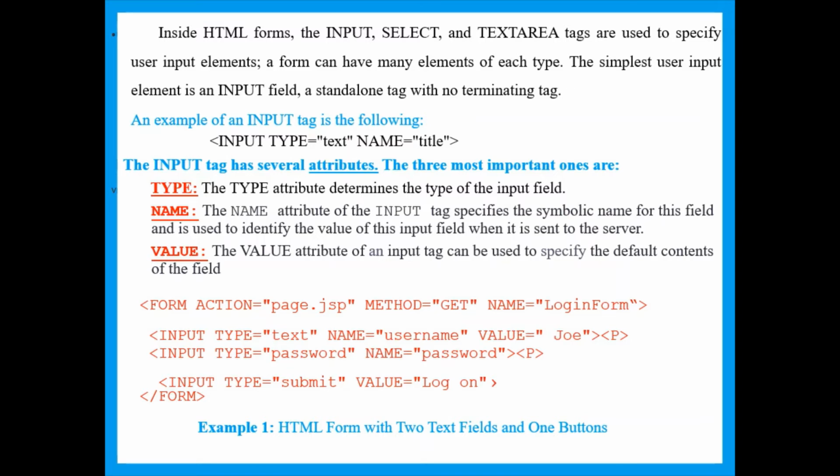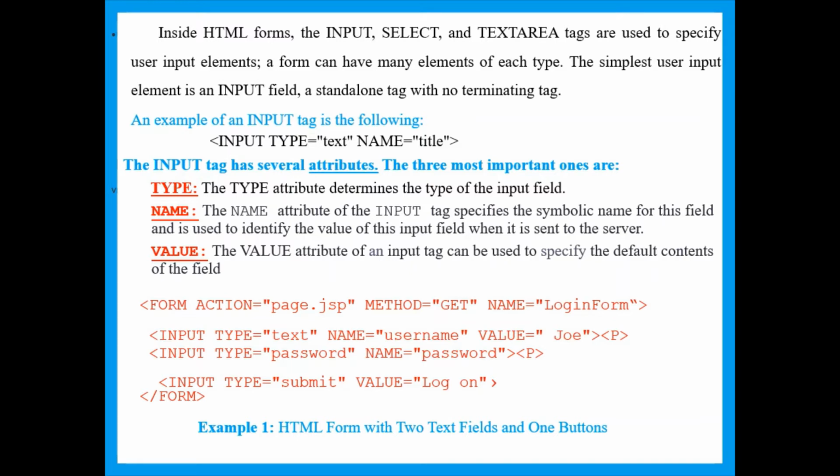In the form tag, under action, we have specified the name of the JSP file. Similarly, we can specify a Java page, Java code. I will say page.java. Here the code makes use of JSP. A form, action is the name of the file where the control has to be transferred, and method is get, and the name of the form is given as login form. This name attribute is optional. Then the HTML page creates two input fields. One is text, another is password.